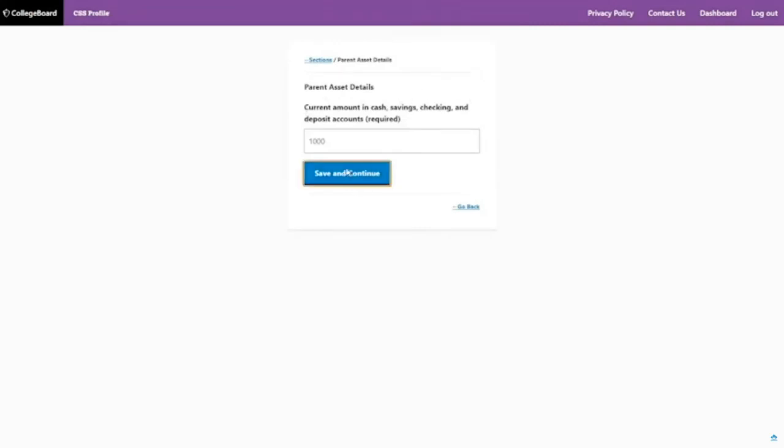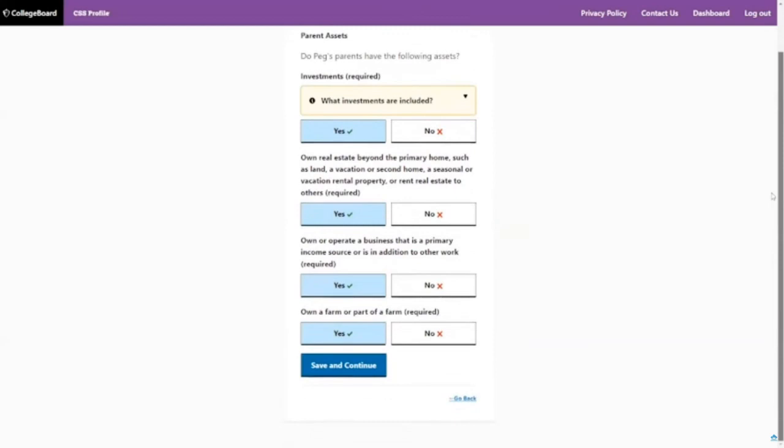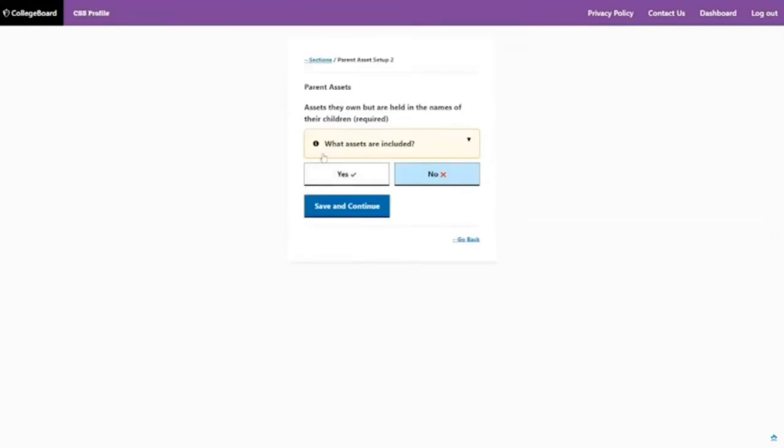So checking and savings, that's required. And then they're saying, do you have any of the following assets? So I'm just going to mark yes, because I want you to see the fields that pop up so I can walk you through this. Assets they own but are held in the